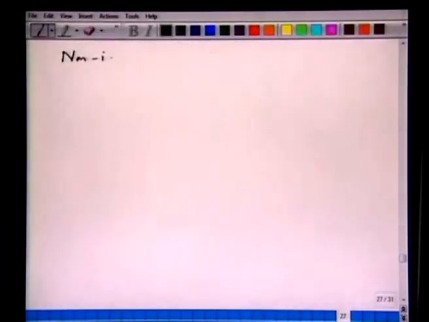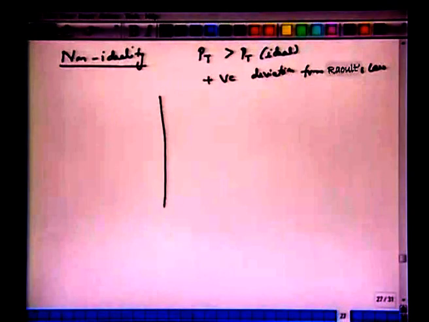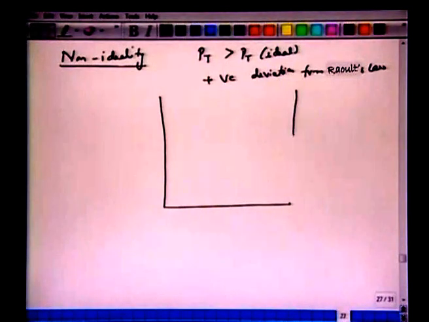So we have non-ideality. Okay, say let's take P_T is greater than P_T ideal. So what we call is positive deviation from Raoult's law. Okay. So what Raoult's law predicts, now we have pressure greater than this. For such a type of system, as we said earlier, if we plot the Txy diagram,